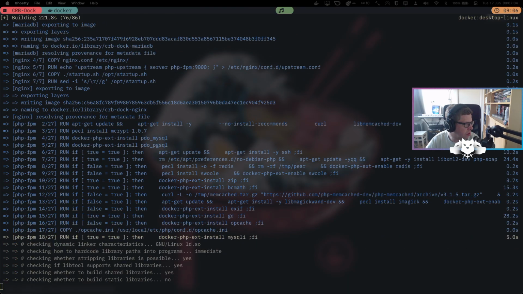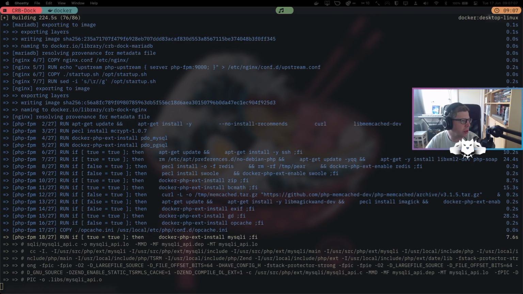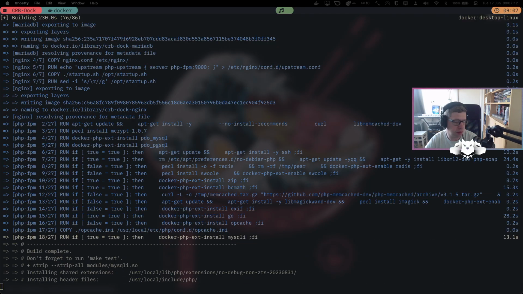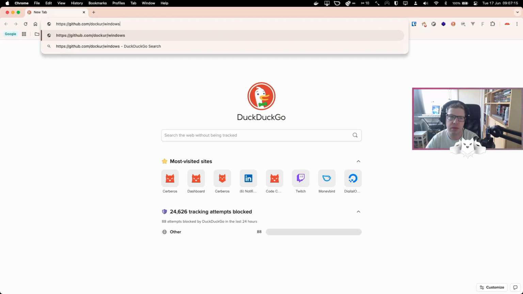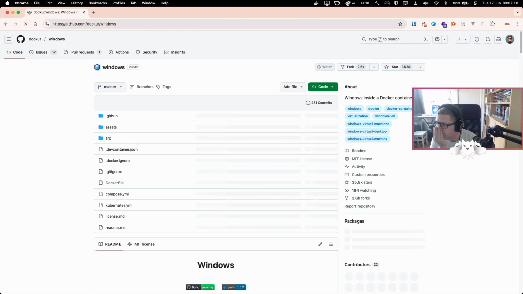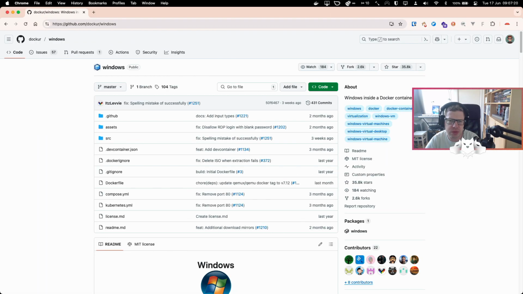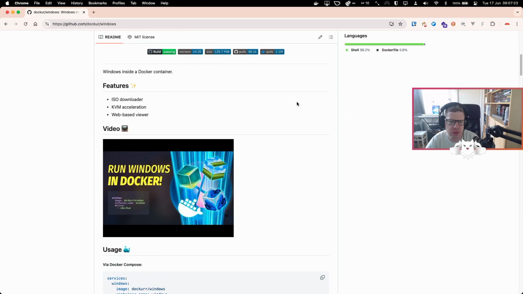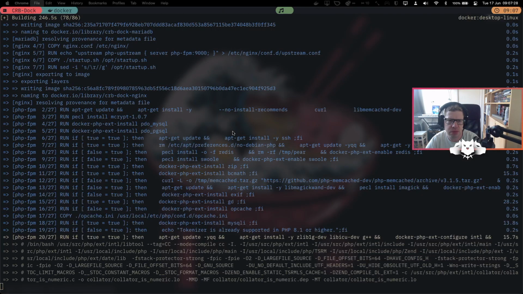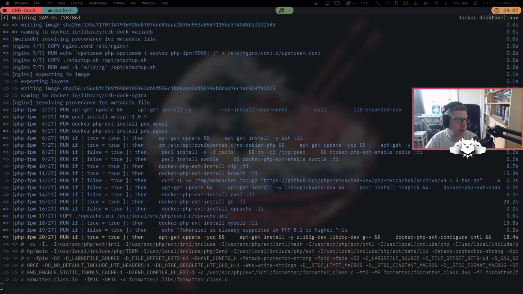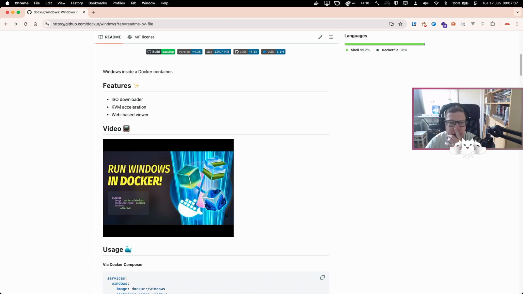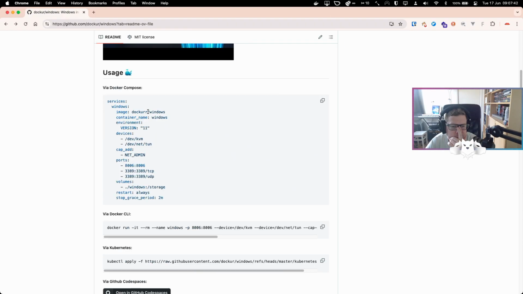So, Docker for Windows. No. It's a bit too much. Didn't want to clear the entire thing. So it downloads an ISO as a web-based viewer. So you could